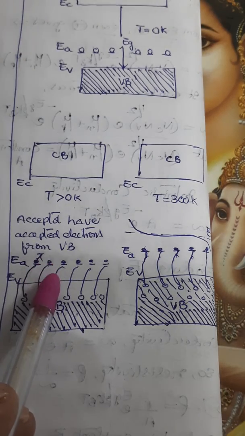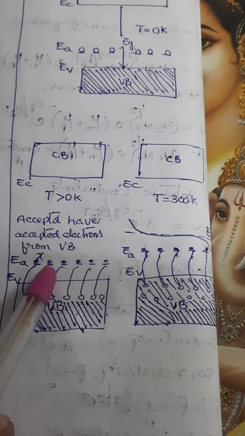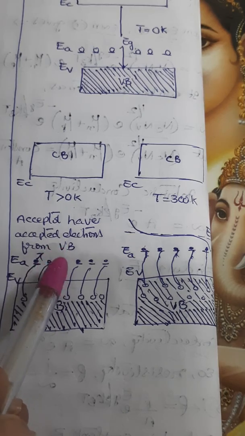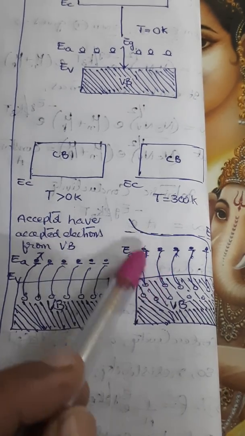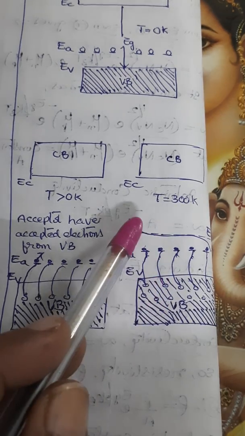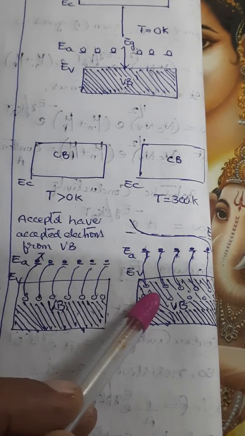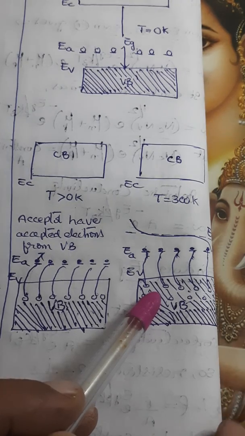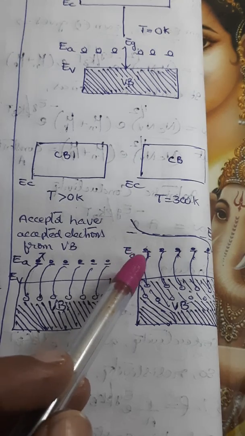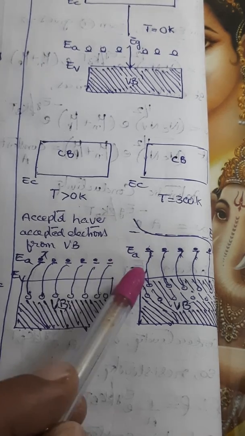So when the temperature is raised just greater than 0 Kelvin, the electrons from the valence band try to occupy the acceptor and it gets ionized, creating holes in the valence band. If the temperature is further increased, then due to the breakage of covalent bonds, electrons enter into the conduction band, leaving more holes in the valence band. So as a result, the holes become majority carriers, right? And electrons become minority carriers. That is, here P is greater than N.